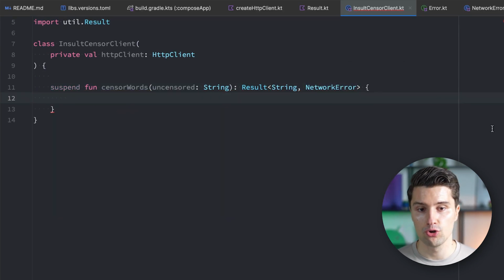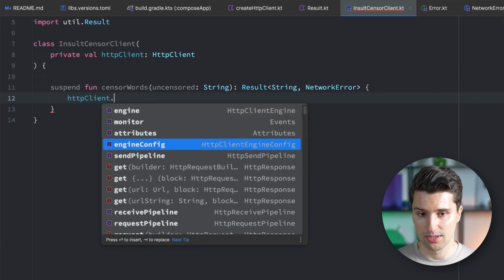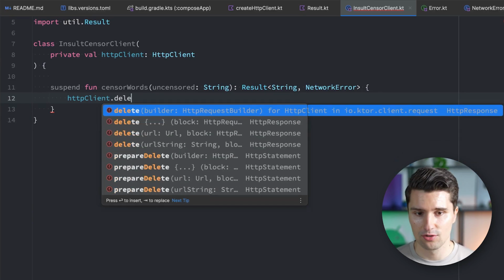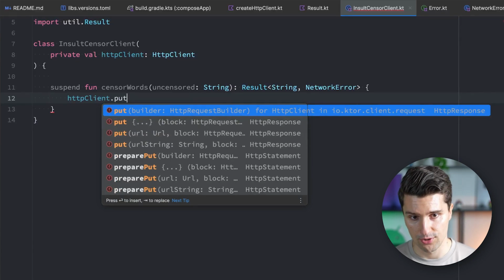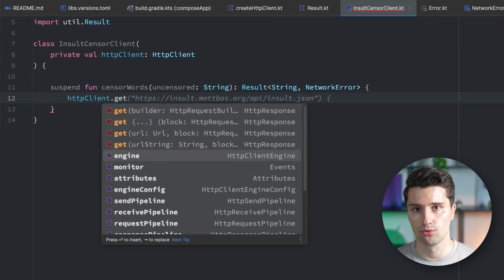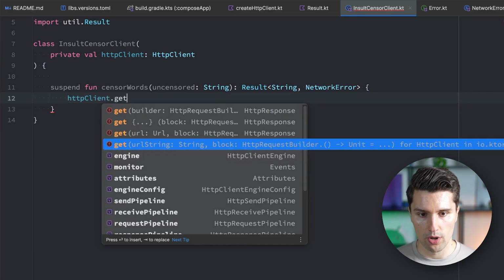And now making API calls with Ktor is actually pretty simple. Of course, on the one hand, we want to get our HTTP client instance, and then we can either use get to make a get request, we can use post to make a post request, delete to make a delete request, or put is also pretty common to a put request if we want to update a certain resource remotely. What we need here for our API is a get request, but I will also give you a quick demo on how a post request could look like, since that usually differs how a get request looks like. But for now, let's start with a get request, since that's the most simple one,